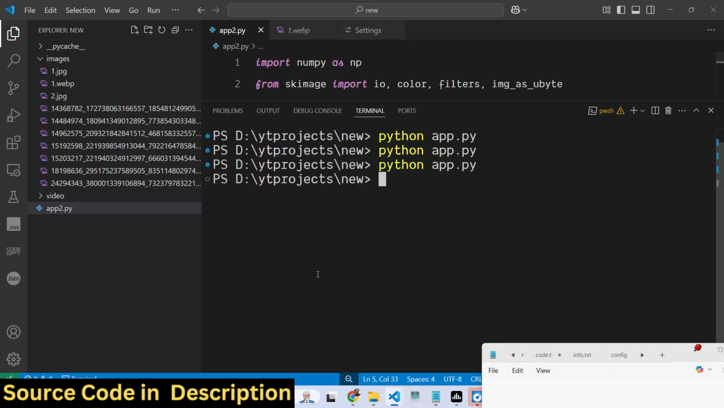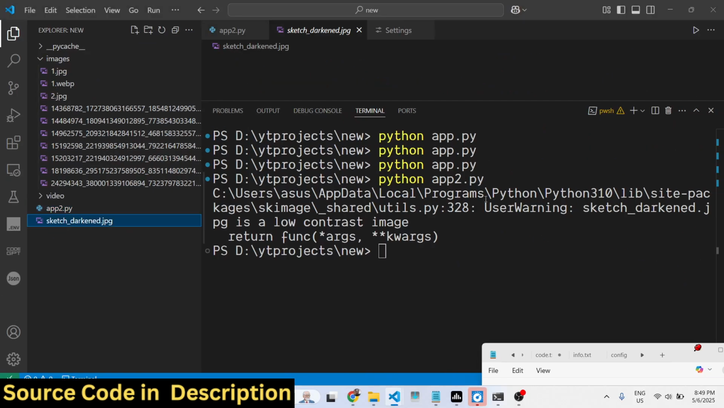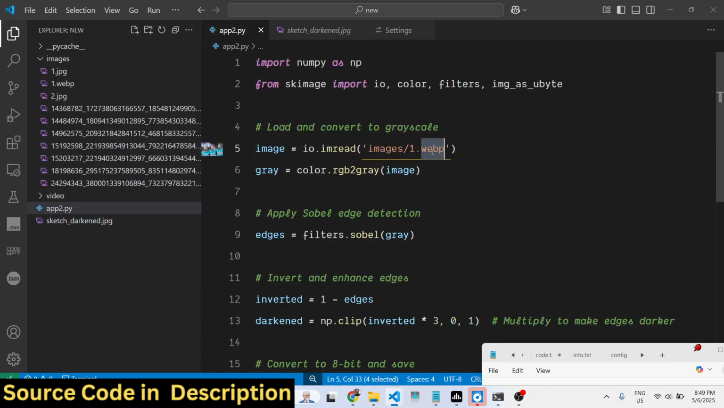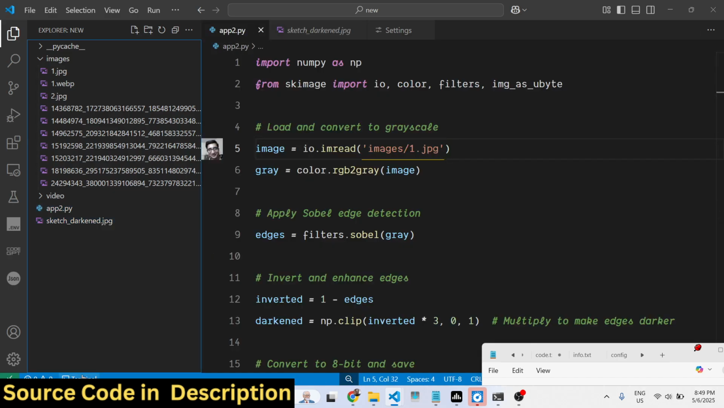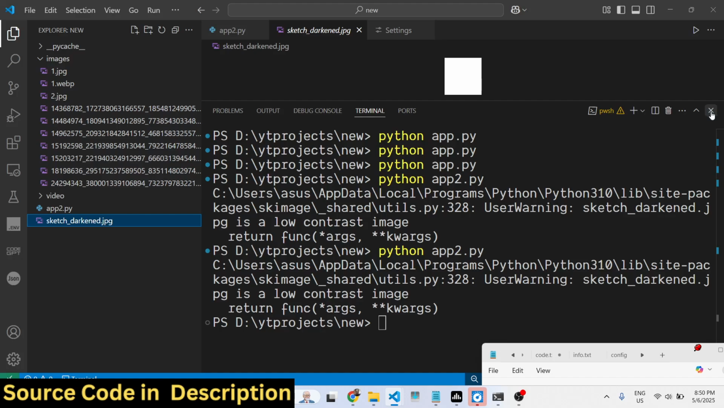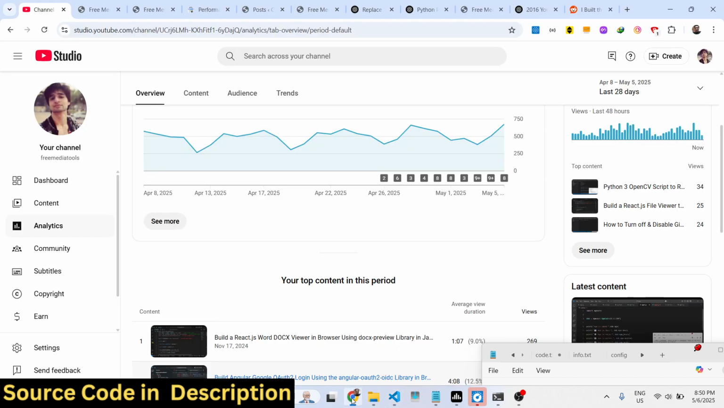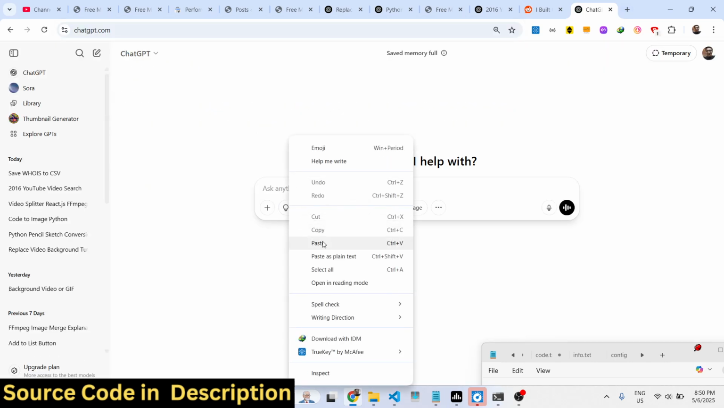So once I execute this Python script, it will create a new file which will be a sketch darken.jpg. So let me just take a different image, for example. So what can I do? I can ask ChatGPT for this because our output is not looking good. So what I can do, I can paste this, and